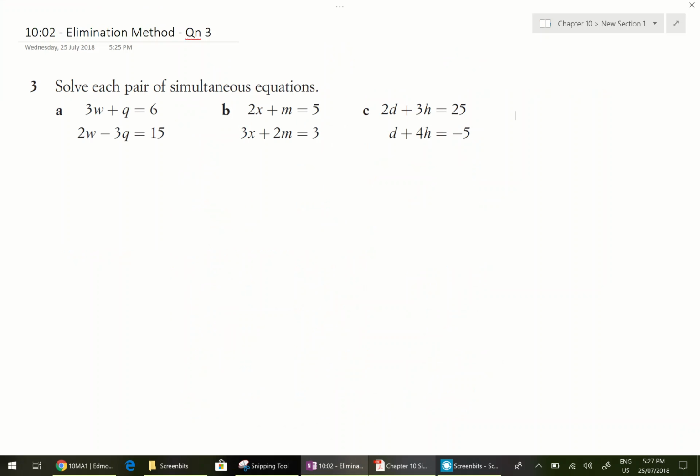Going to question 3, we first need to decide whether we're going to add or subtract, and we also look at the questions and say no two variables are the same. We have 3w and 2w, q and 3q, or 2x, 3x, m and 2m, so nothing's really the same. What we can do though is we can multiply any equation to keep